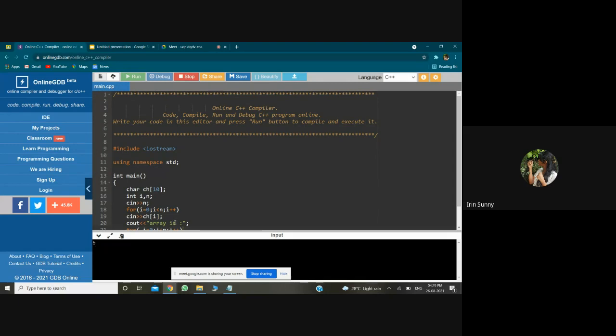The variable. So first this 5 is meant for this cin n. And now I have to enter the values in the array by using cin ch of i. For that statement I'm entering values. Let's do it with some alphabets: A, B, D, G, and F. See, the array gets printed exactly like this. That is a character type array.